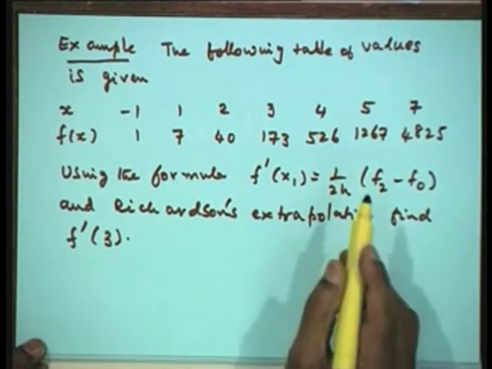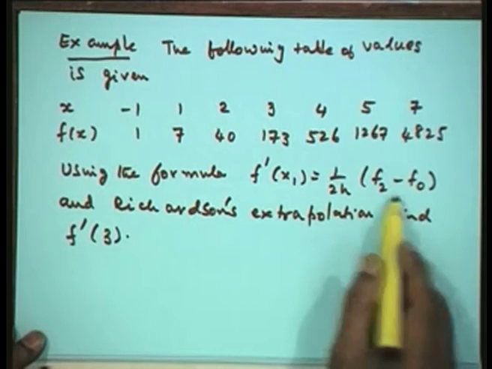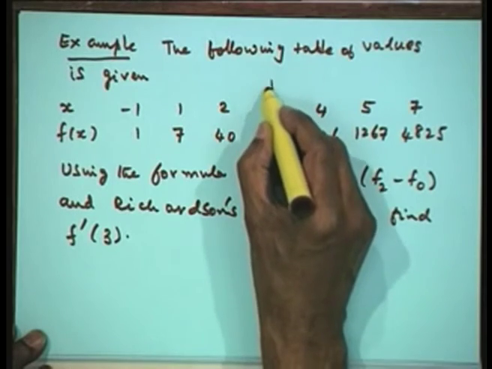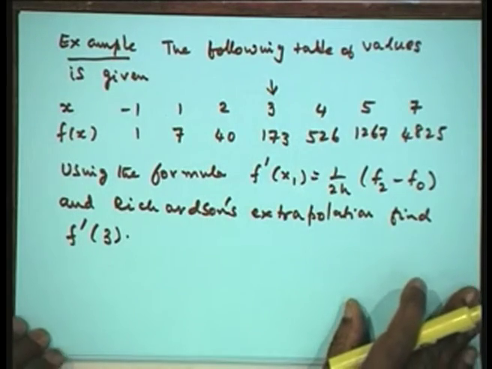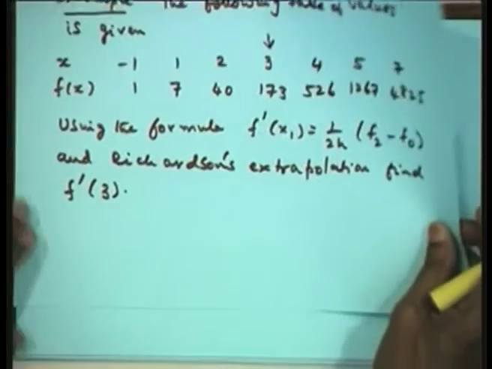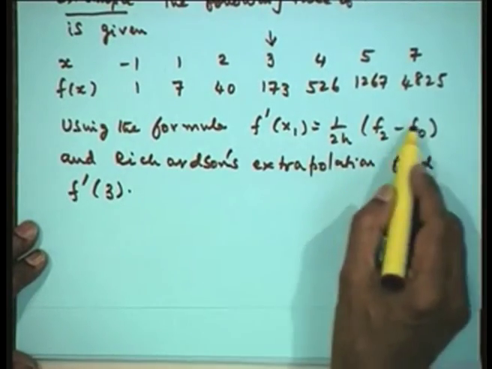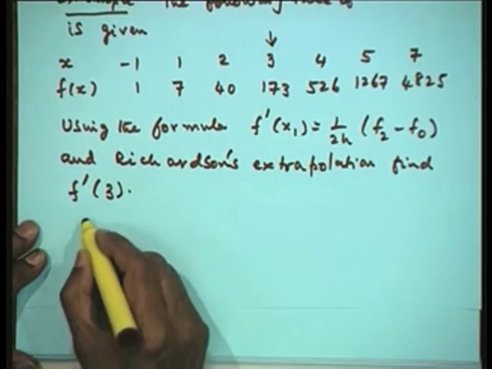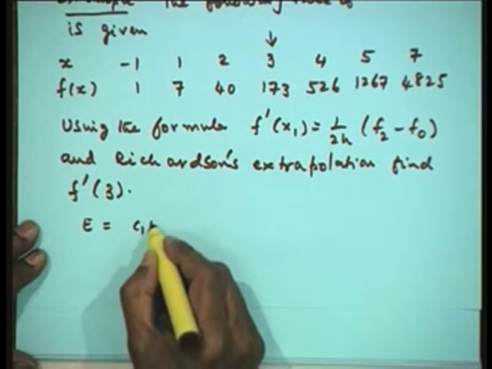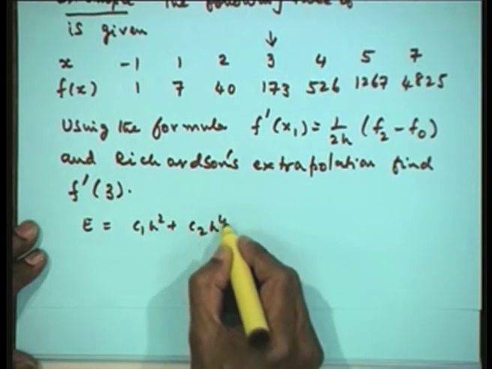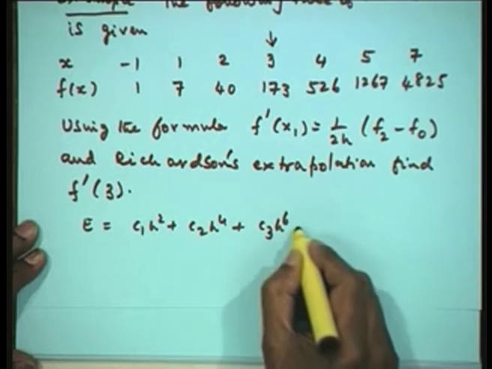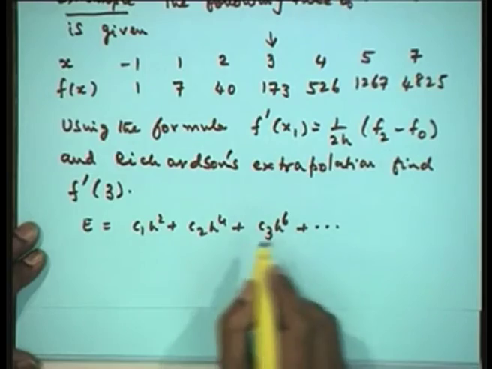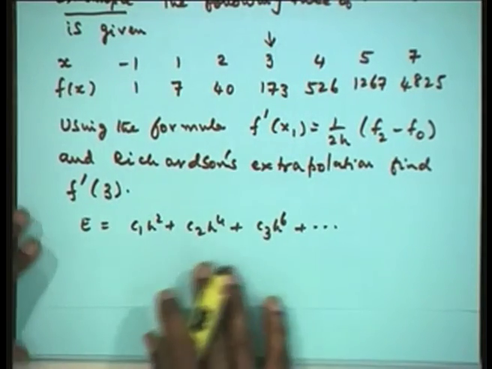We are given 7 values in the table and we are using the central difference approximation and the Richardson extrapolation to find the derivative at the point 3. Now, this is the example which we have just now discussed, that is why I have written it, but however the first step for you would be to first Taylor expand this, write down what is the error in this formula. So, we know that the error in this formula is of the order of C 1 h squared, C 2 h to the power of 4 plus C 3 h to the power of 6 and so on. It is a central difference formula which is symmetric about x 1. So, the table that we have given earlier, we shall use this.